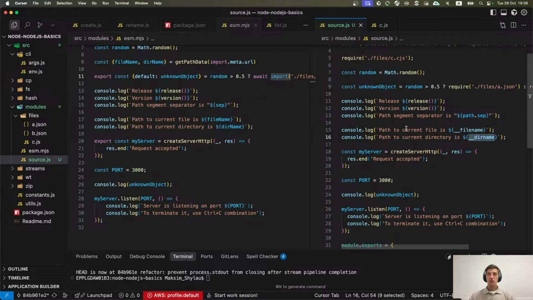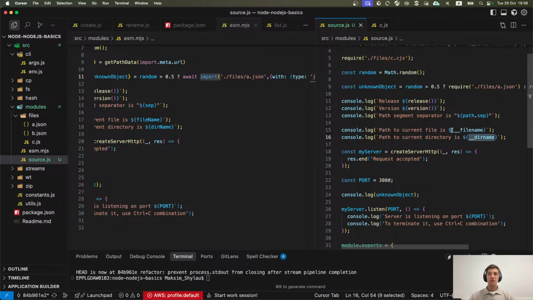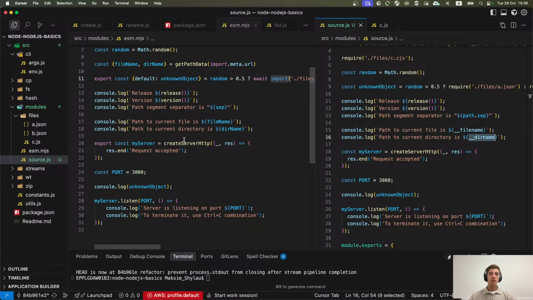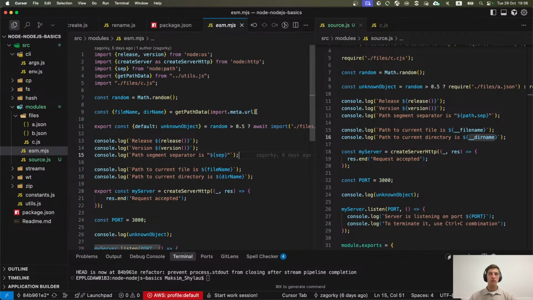This is also one of the differences between CommonJS modules and ECMAScript modules, because in CommonJS modules, module content is wrapped inside of some function which accepts filename and dirname as its arguments. But if you try to refer to __filename or __dirname values in ECMAScript modules, you will get an error. So it means that you should build it yourself.